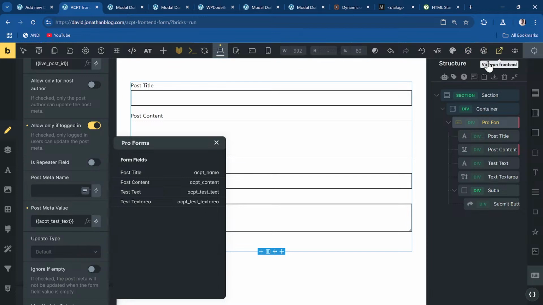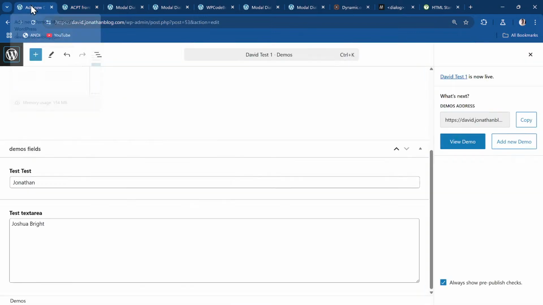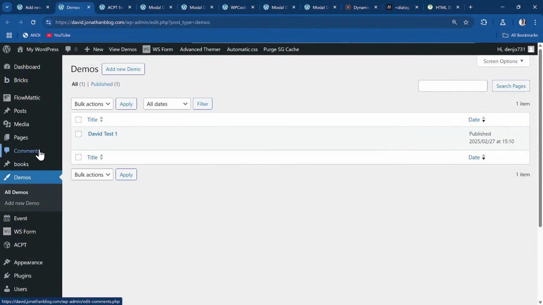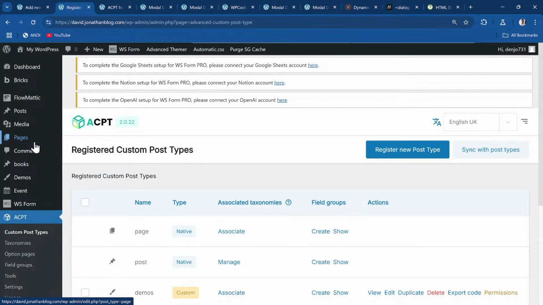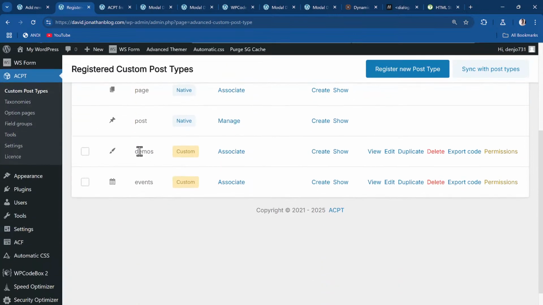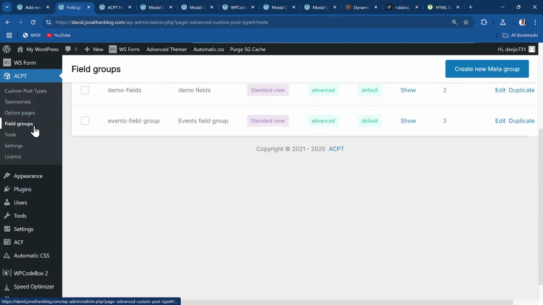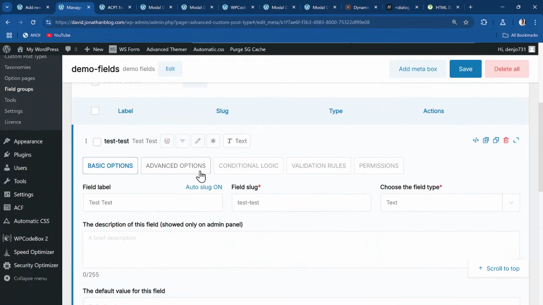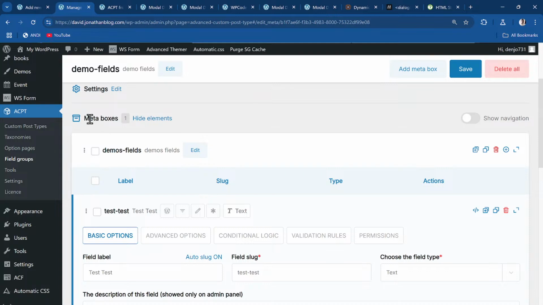Then let me save these. And then for the post meta name, now that is where I am a bit confused. Let's go ahead and see what's the name. So I'll come to ACPT. I think the way ACPT saves the name is, let's go to demos. No, let me go to my custom field groups. Under demos, edit it. So I think ACPT saves it as metabox name underscore the field name. So I'll copy this name, copy